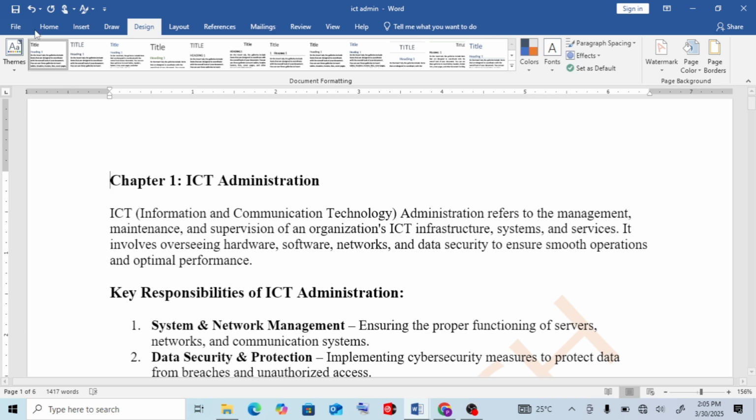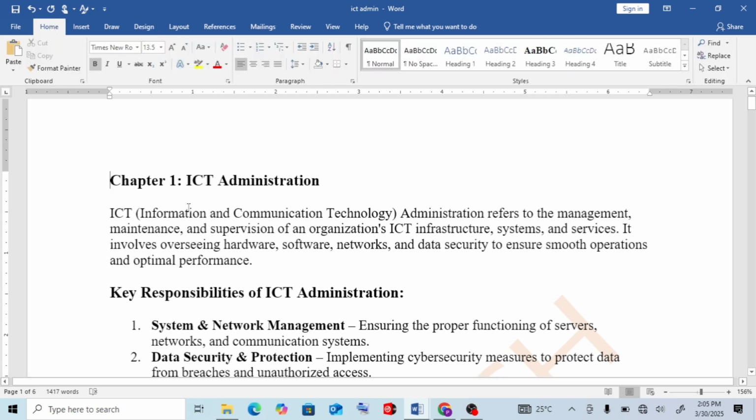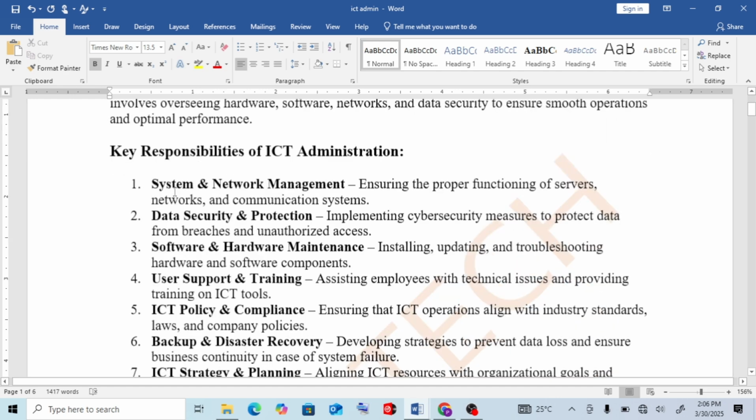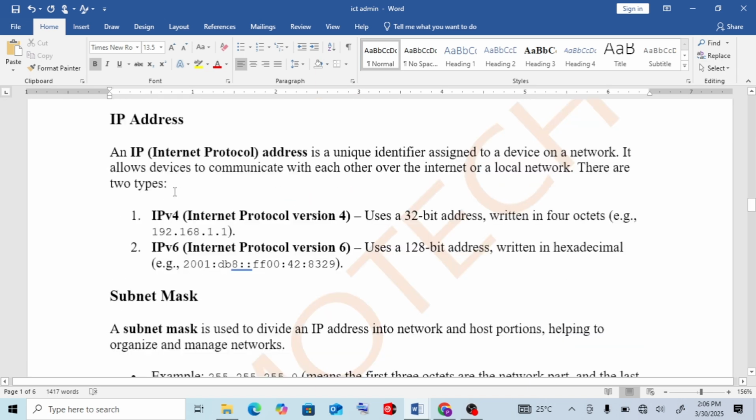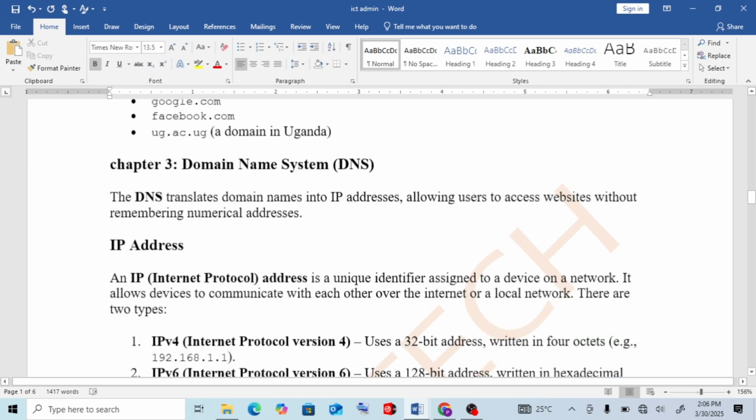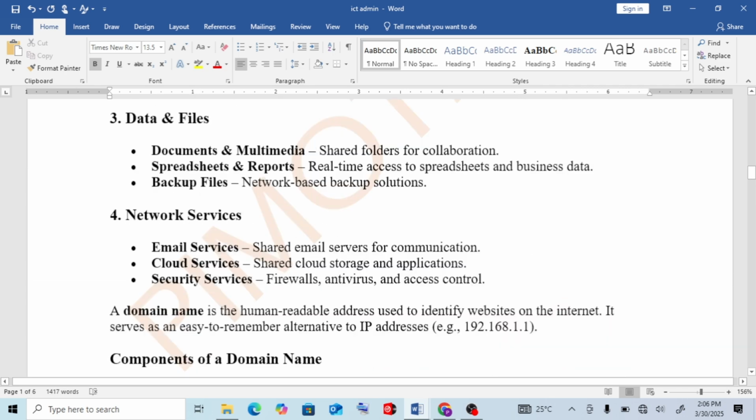So, to begin with, if you have researched a document and you want to make a table of content out of it, like the one I have here, what you have to first do is to put the chapters. You see, mine has chapter 1, this is chapter 3, it has 6 chapters.